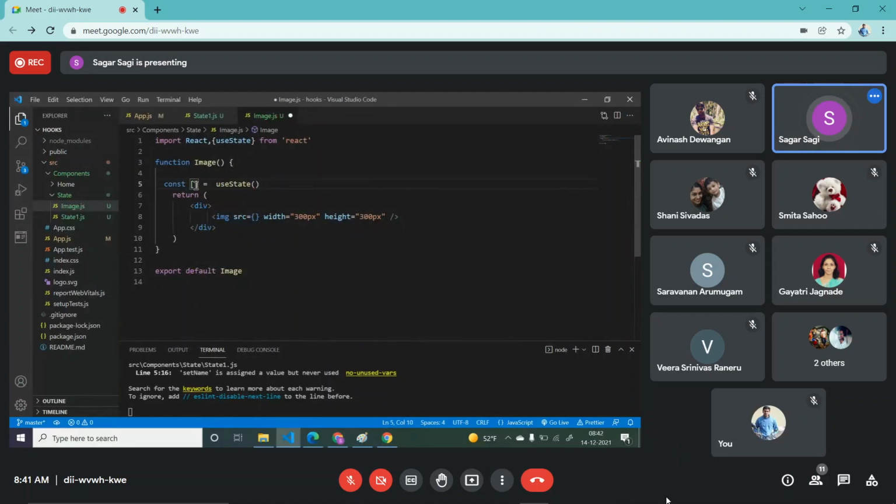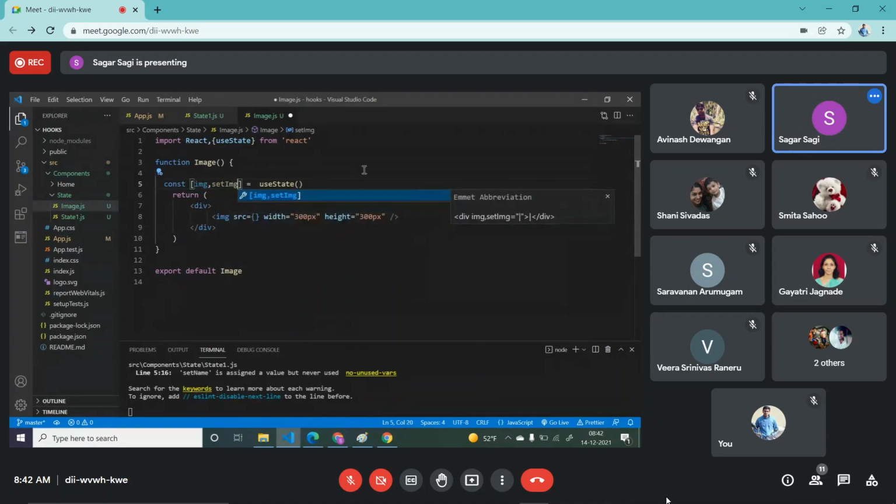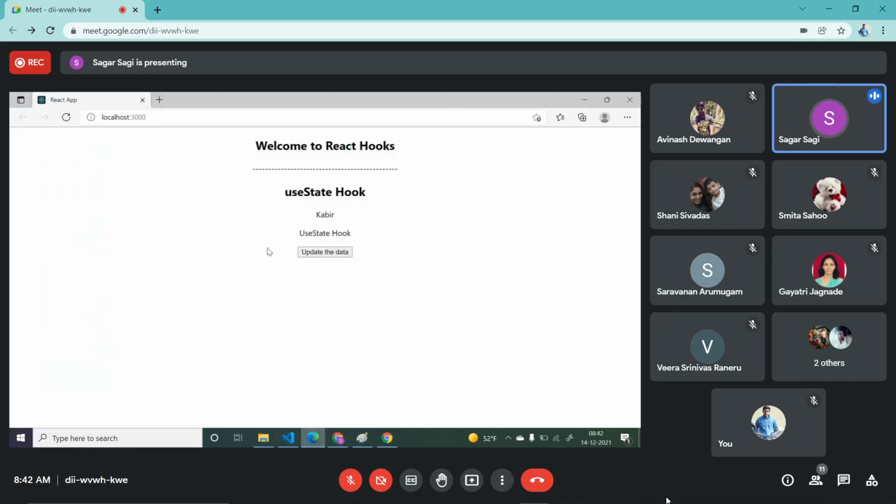One is your state and one is your method. Now you can give any name. It's not mandatory that you have to give state only. I'm giving here img, comma, set img. Remember, the first one will always be a variable. The second one will always be a method. Done. Now by default here, I want to keep a certain image. So for that, I can just go to Google and pick a certain image.